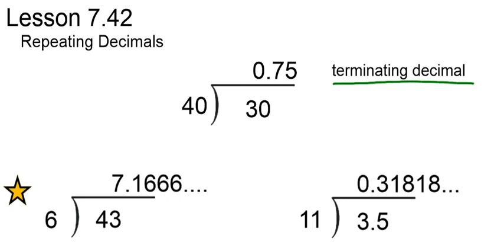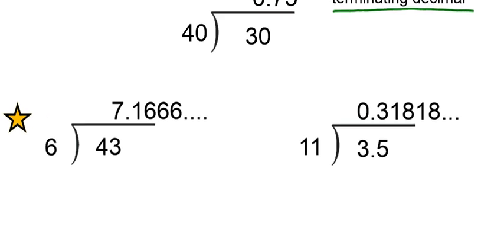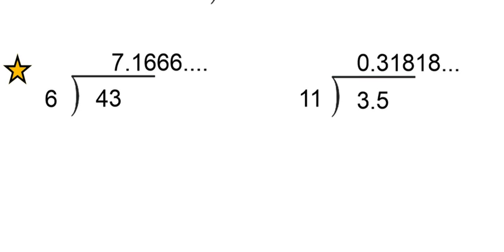And that's where we get our lesson for today, what's known as repeating decimals. When I look at a number such as 43 divided by 6, which would give me an answer of 7.1666, and the 6's would just continue on forever, the question would be, how do you write that on your paper if it's going on forever? Same with this idea here,